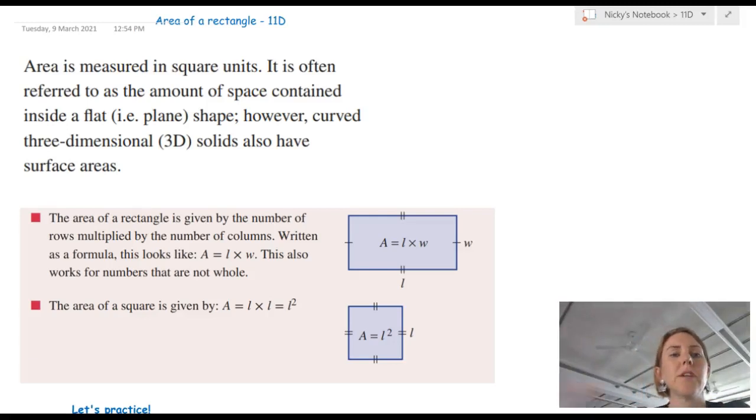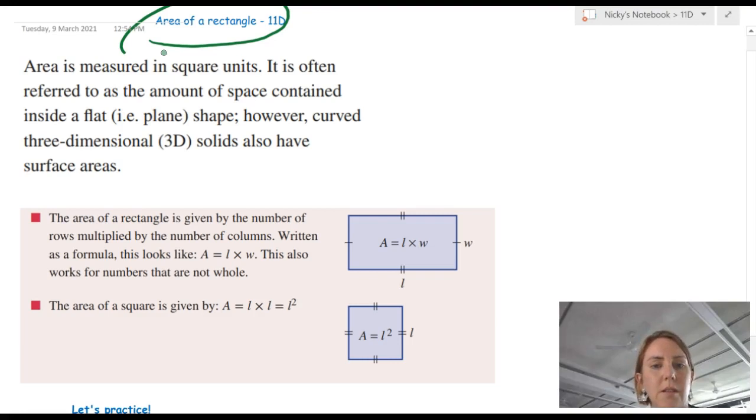Alright guys, a quick video here on area of a rectangle, and this is 11D in your text. Okay, so really important, as I mentioned before, that you know the difference between perimeter and area. So quick recap: perimeter is the distance around the outside of the shape, and area is the distance inside a